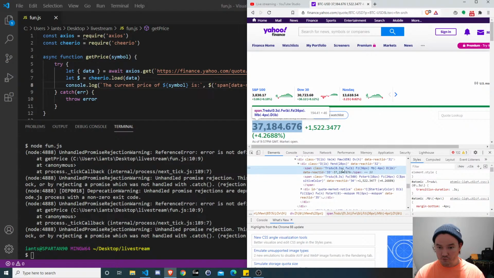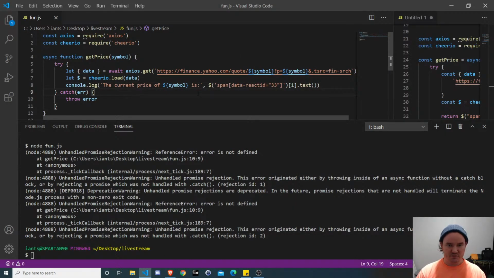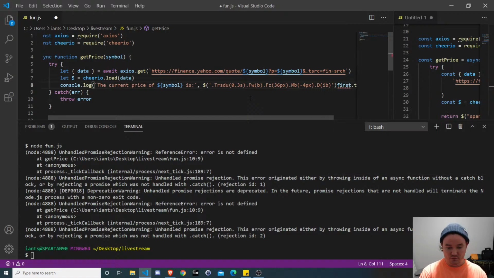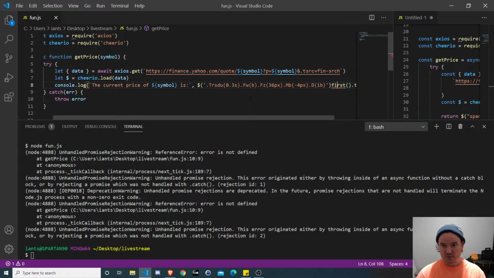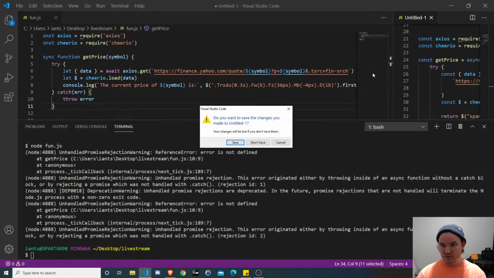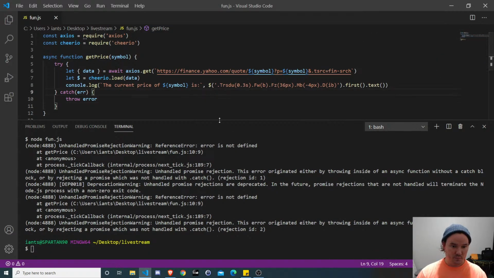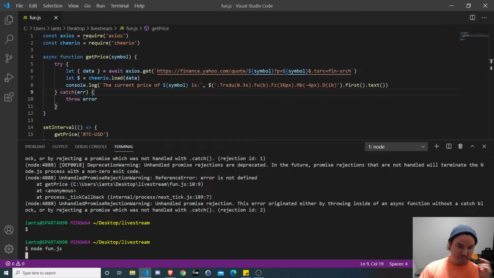And so in this case, hopefully this class right here doesn't change. We're going to copy this whole thing. It's actually 1, 2, 3, 4, 5 different classes. It's the craziest looking class I've ever seen. I don't know if it's going to work. We're going to paste it in here. The way to get this to work is to put a period before each one of these. Don't forget your opening quote. I've just never seen class names like this. So if it works, great. Again, this will probably give us an array, so we're going to call first on it. Go ahead and close this thing now and get it out of the way. All right. Fingers crossed. Let's see if it works.